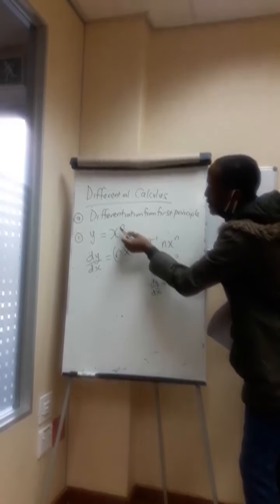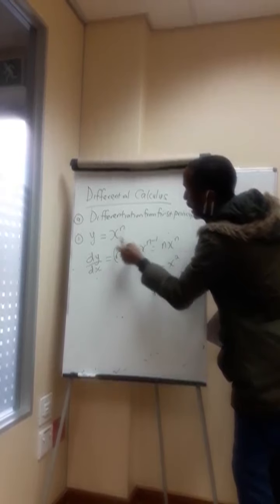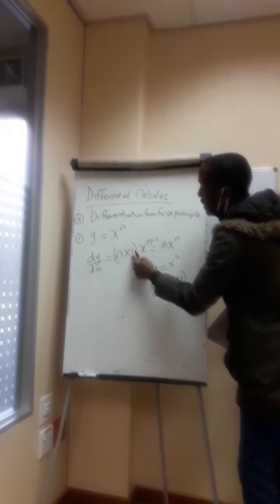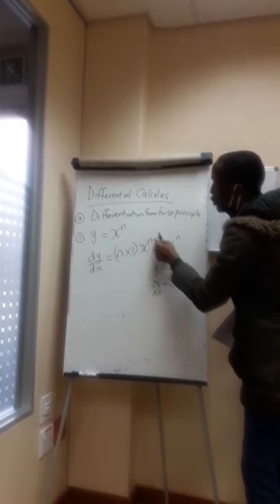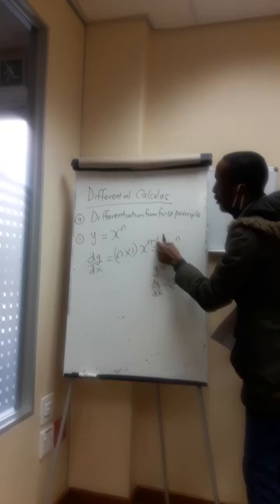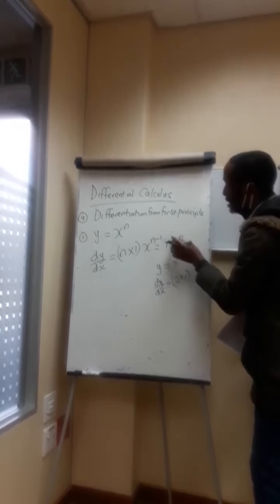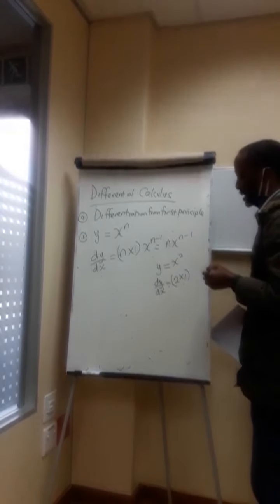So let me just repeat that. You multiply the power of x, which is n, by the coefficient of x raised to power n, which is 1, so that is n times 1. Then you bring back your mathematical function, x raised to power n, then you subtract 1 from that power. Please let's note that. When you simplify, this will give you n x raised to power n minus 1. So that is the rule for the mathematical function.